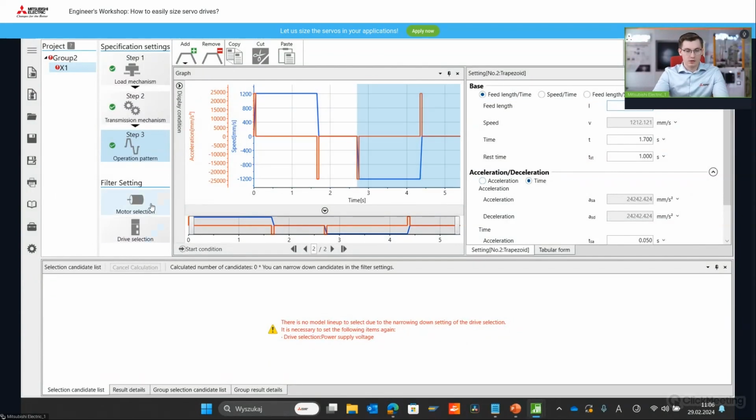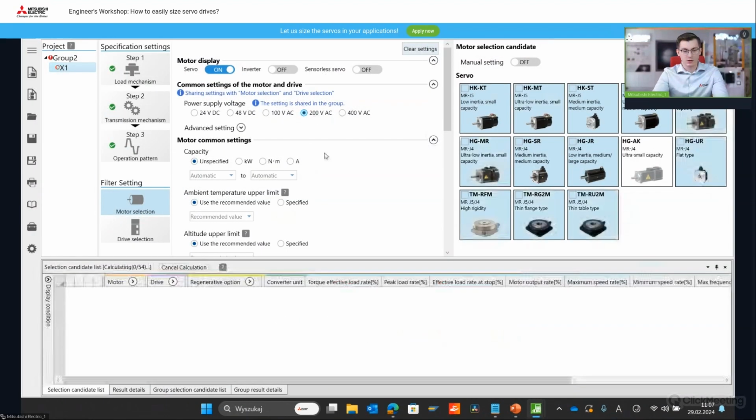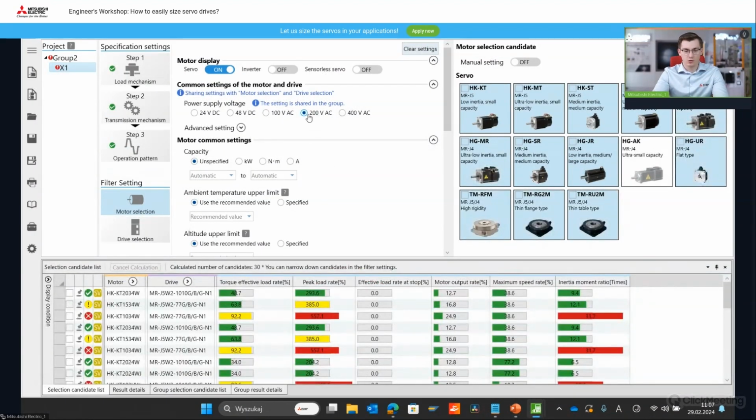Okay, so I don't see them. Okay, there is no model to do the drive selection. Why is that? I will go with 200 volts. Yes, this is the solution, because our multi-axis amplifiers that I choose are working on one phase 200 volts. So I change it in the let's say manual setting, and now we can see that some of